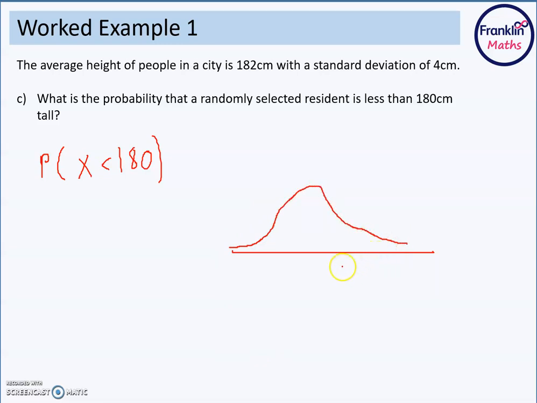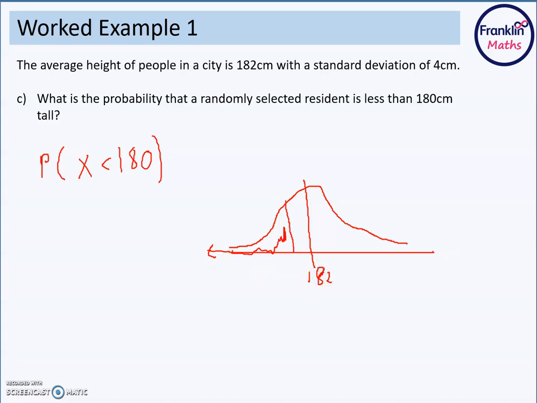Apologies, it's not great, but you get the general idea. You've got the mean there at 182, and what we want is everybody less than 180. So it's everybody there, and obviously this goes on forever, to negative infinity. But what we do know is that there's less and less chance of happening. So we just need to choose a number which is quite far below 182,